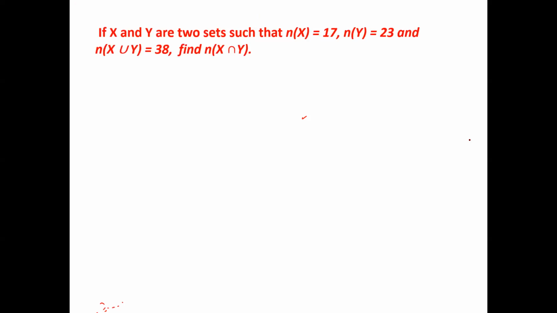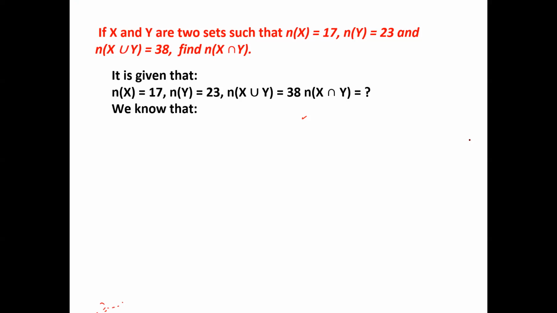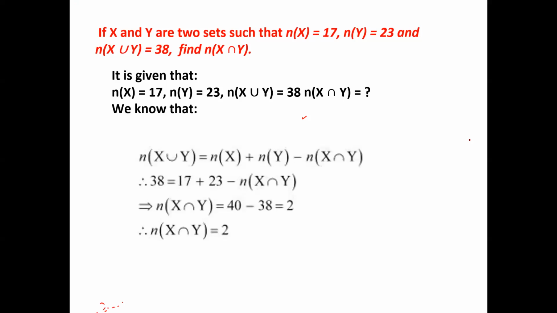If x and y are two sets such that n of x is 17, n of y is 23 and n of x union y is 38, find n of x intersection y. I'll tell you what is the Venn diagram method of solving this, that is very important. Very easily you can solve this. We have two sets. When we say plainly x, we write the number outside. If we write that number inside, that means only x. So this is 23. Totally it is 38. We assume that there is nobody not having anything. So this is 17. We call this as x.